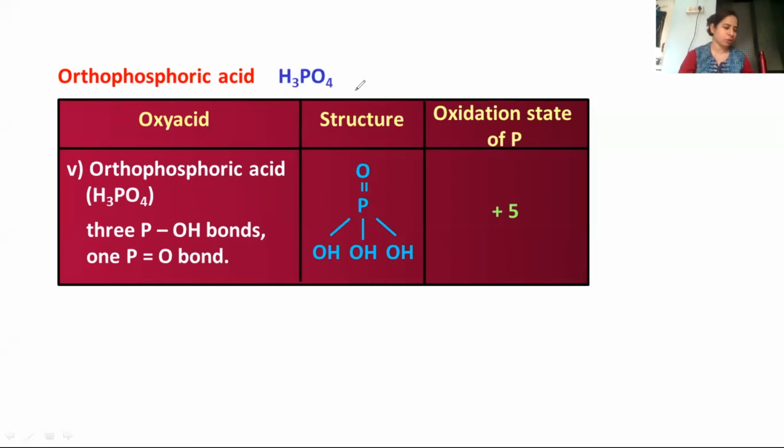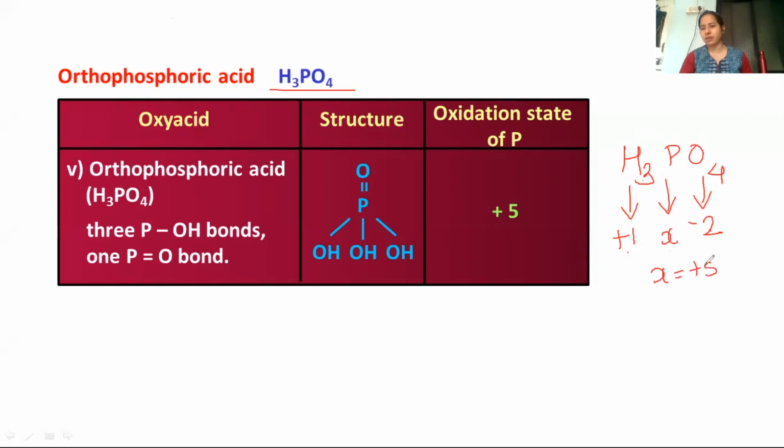When I say H3PO4, you all know the charge of phosphorus. Sorry, we don't know the charge of phosphorus. We know the charge of oxygen and hydrogen. So you can calculate O having the charge of -2 and H having the charge of +1. If you solve this as X, you can see 4 2s are 8. This becomes 3. So 8 minus 3, the X becomes +5. So we can see the phosphoric acid that we are studying right now, in that, the oxidation state of phosphorus is +5.